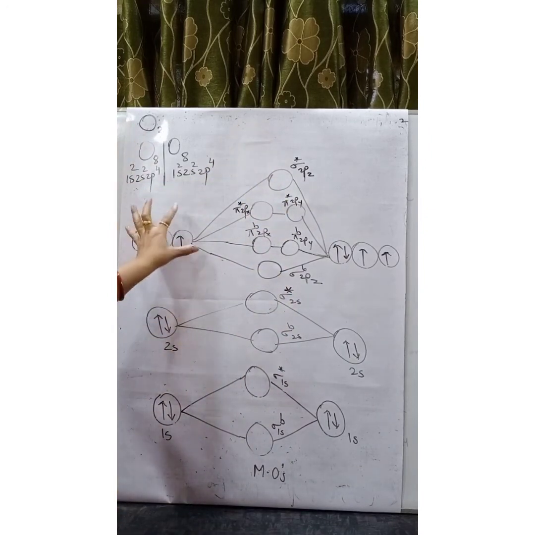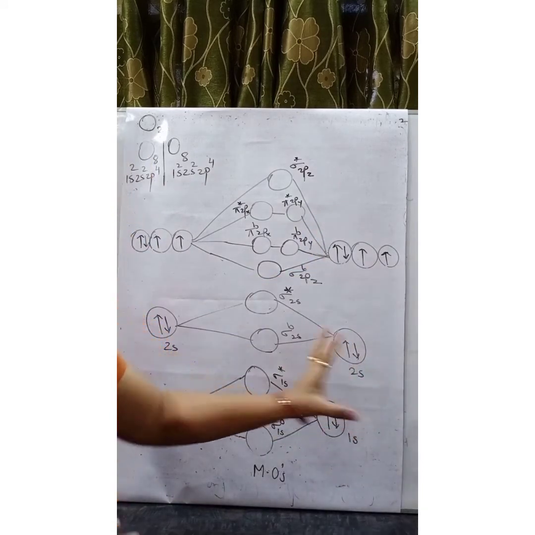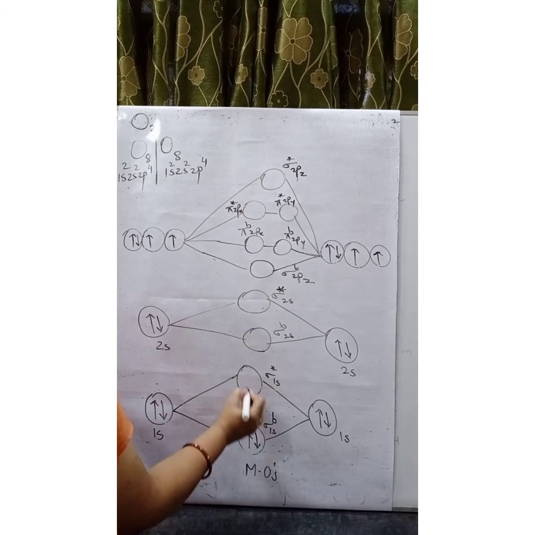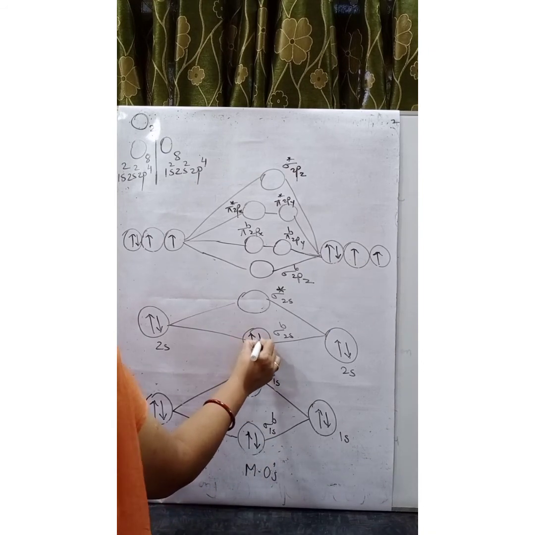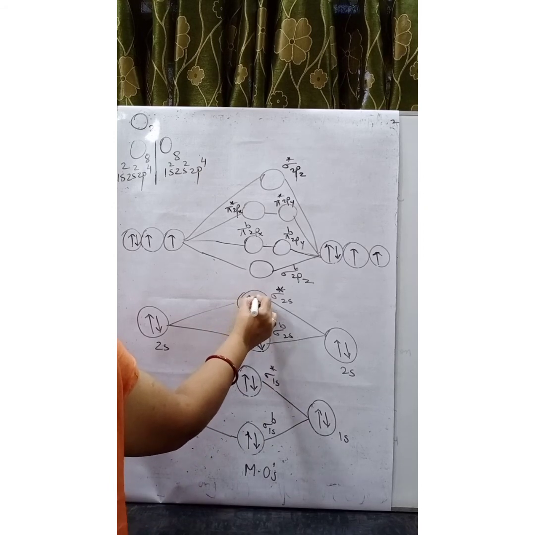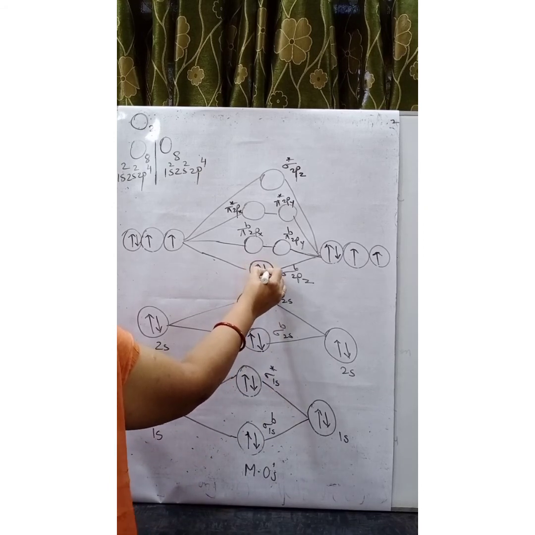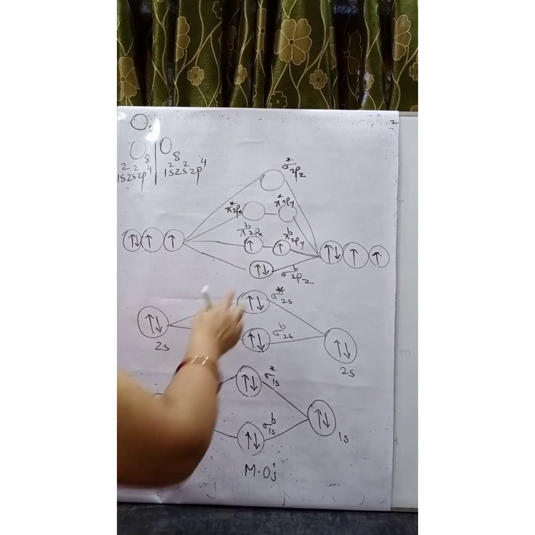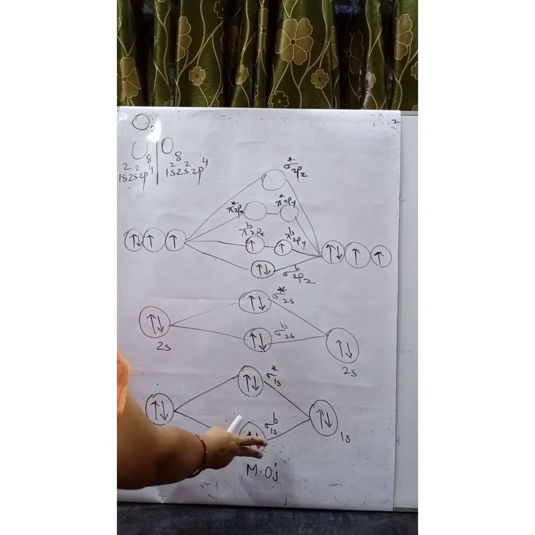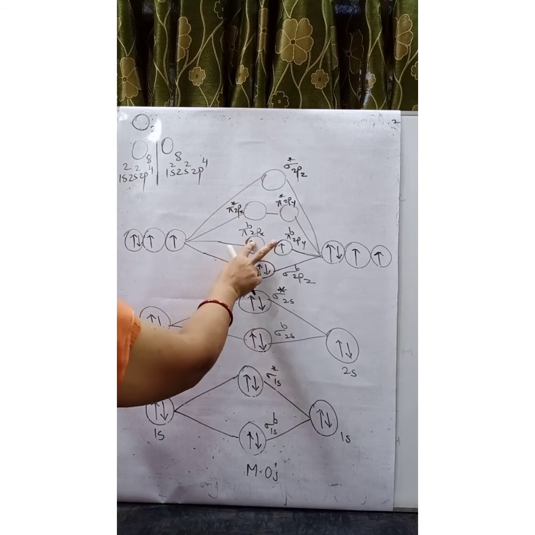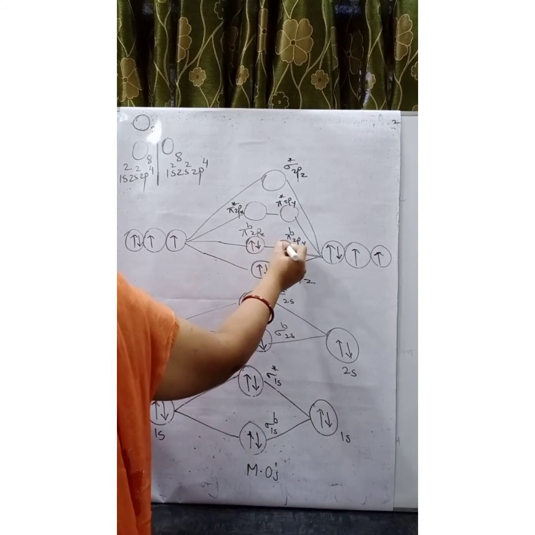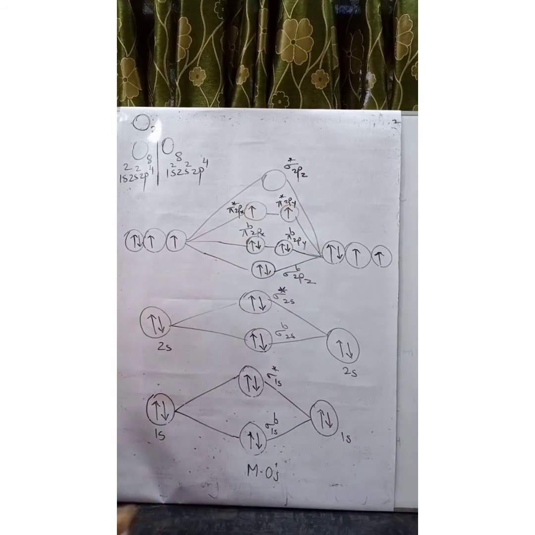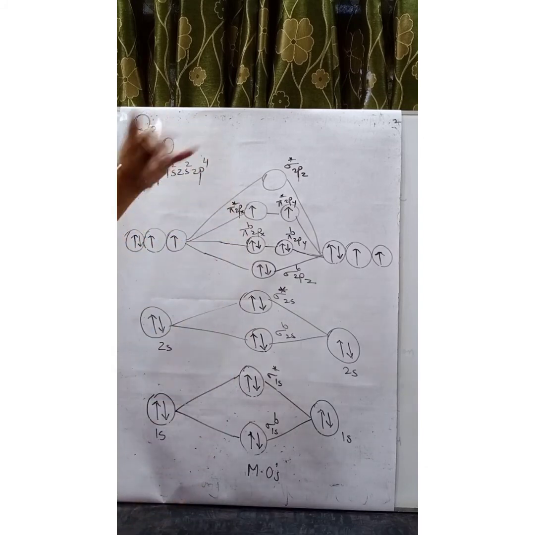Now total we have to arrange 8 and 8 from this side, 16 electrons as per the rules of filling. First electron, second, third, fourth, fifth, sixth with opposite spins, 7, 8, 9 and 10. The 11th one goes here, 12th in the next one as per Hund's rule, because these are degenerate orbitals. 2 to 4, 5, 6, 7, 8, 9, 10, 11, 12, 13, 14, 15 and 16. So this is the arrangement in the molecular orbitals.